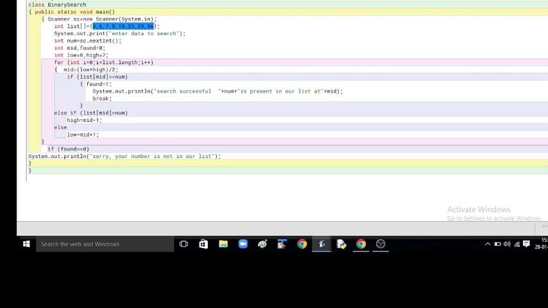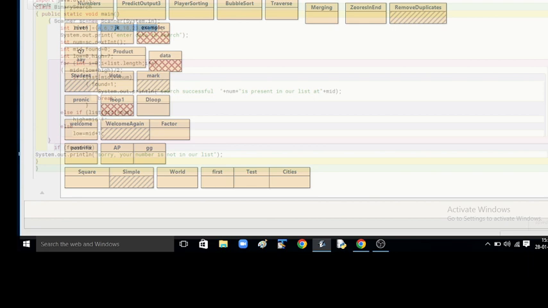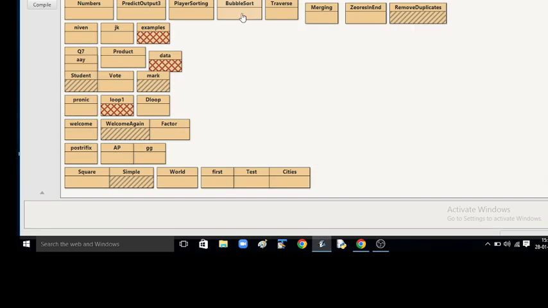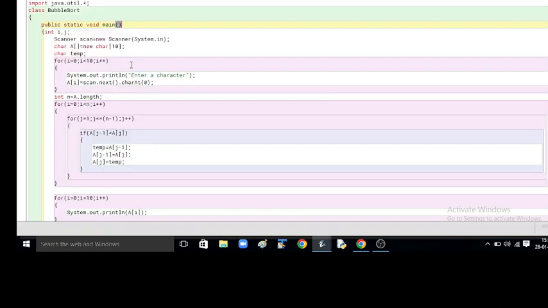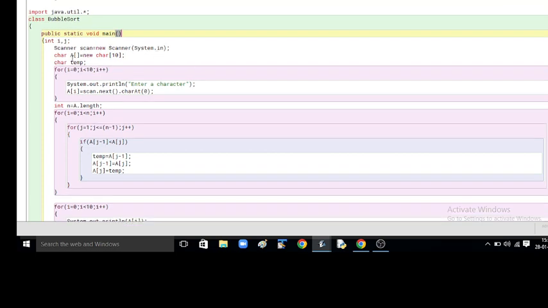Next, let's consider the bubble sort method. Sorting means arranging in some order. Bubble sort means that this sorting algorithm we have made on characters. We can arrange the characters in alphabetical order. So it could be numbers or it could be characters. Here I have taken a char array named number.